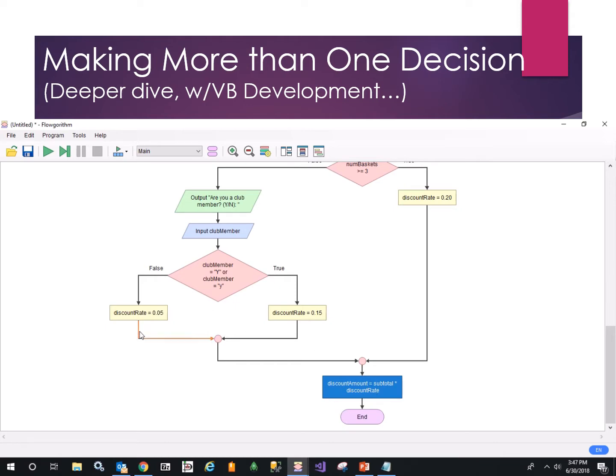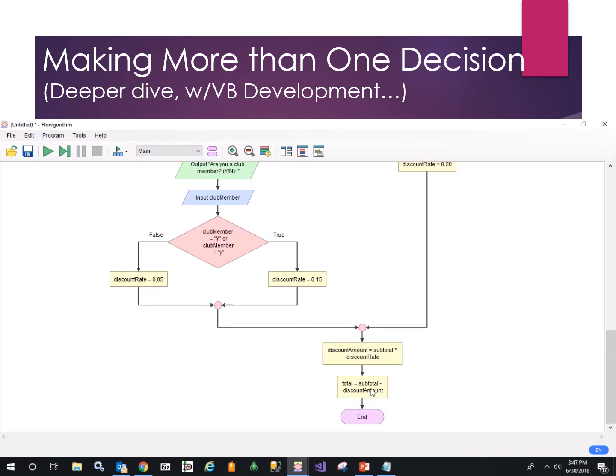What would be the disadvantage? Could it still be correct if I copied it in all three places? Yes, but if you ever have to make a change, you got three different copies of the code. What are the chances? Are you going to leave one of them out, or it's going to be somehow different? It's just more chance for error. So the more we can reuse and consolidate code, the better. So I'm going to put that on the common path out, and then I need to do another little bit of calculation here,